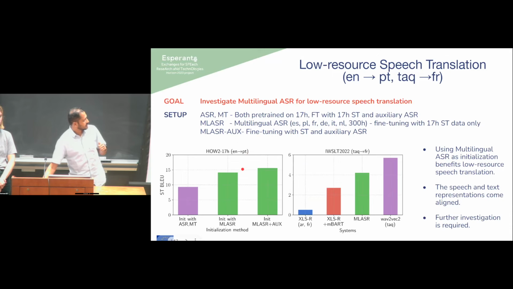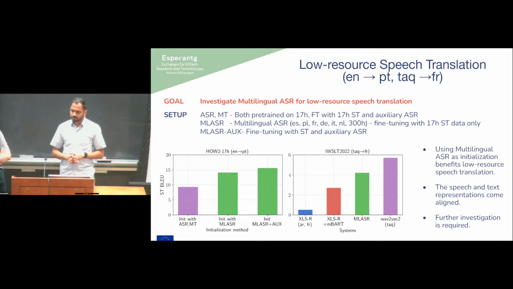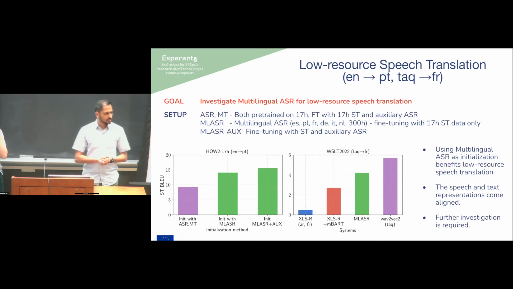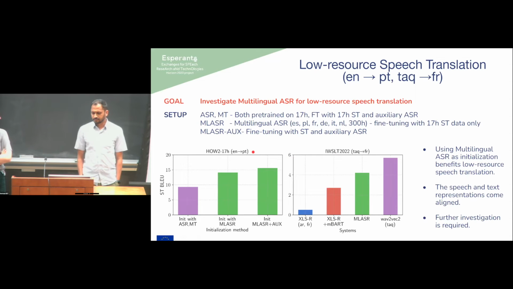And in this case, things are in the same family, and the alignment could have been done more easily with 17 hours of data. Could it also be the genre? I don't call it broadcast speech, but it is intended for being recorded and distributed. Yes, these are how-to videos. And this one, I think it is broadcast news, news from radio maybe, and I think this is about 13 hours, and this is 17 hours, so almost the same. That's a remark I want to make.